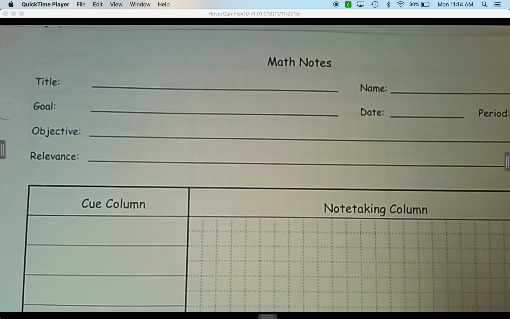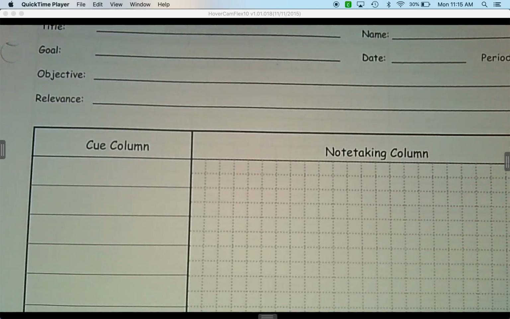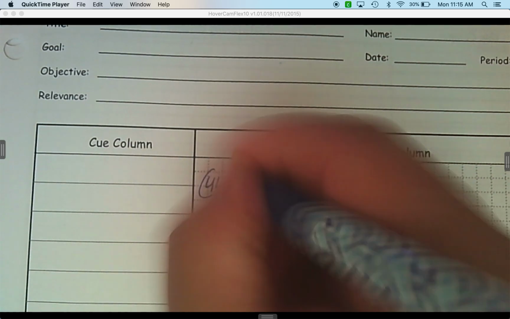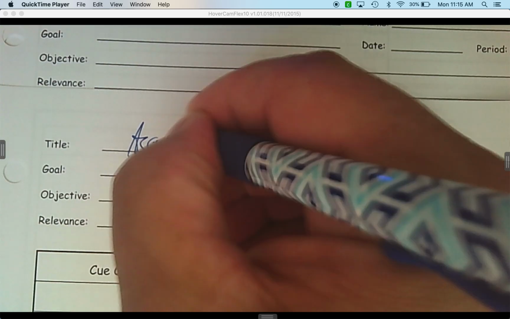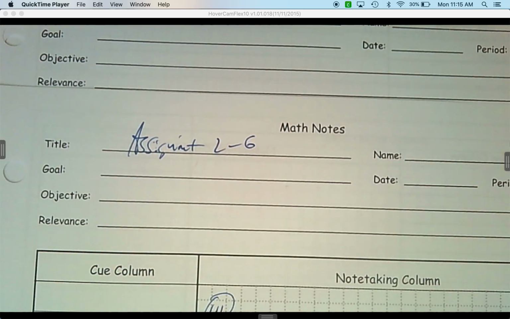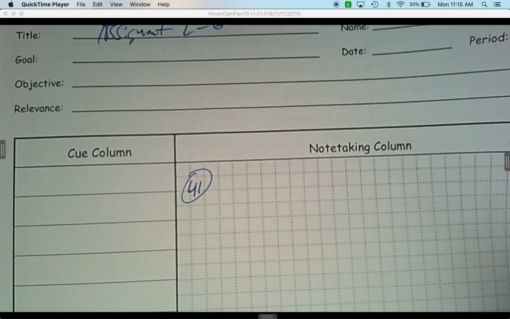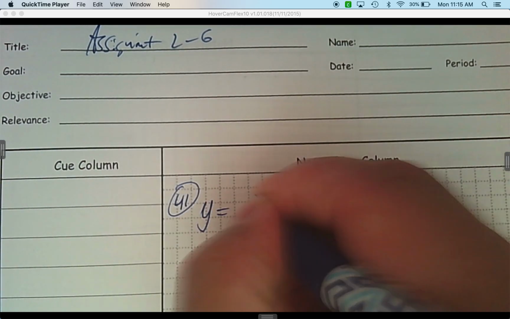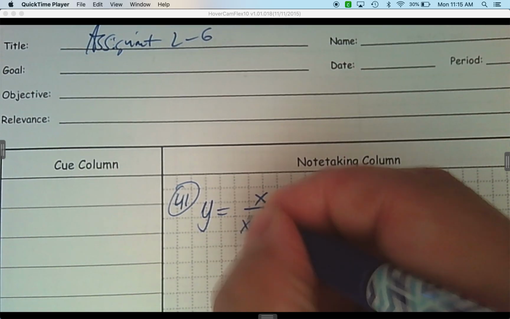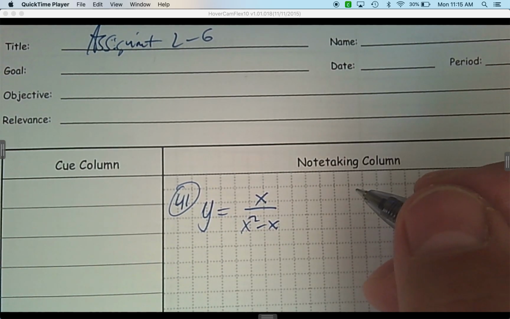Right, so here's part 2. We're starting at 41. So again, we're doing assignment 2-6. This is the review assignment. So in 41 it says, on what intervals is y equals x divided by x squared subtract x, where is